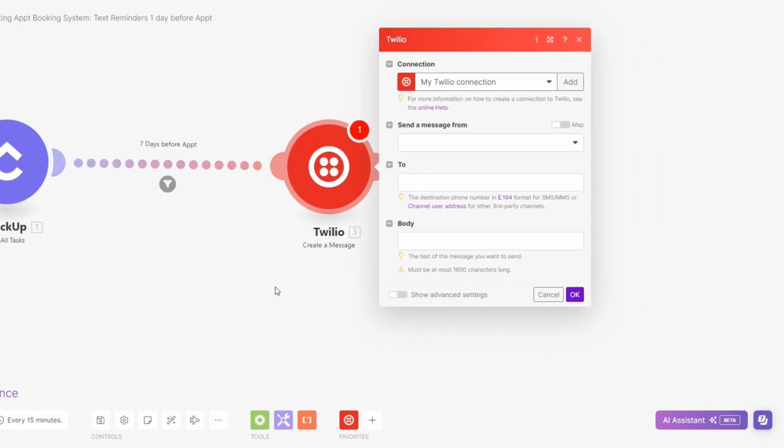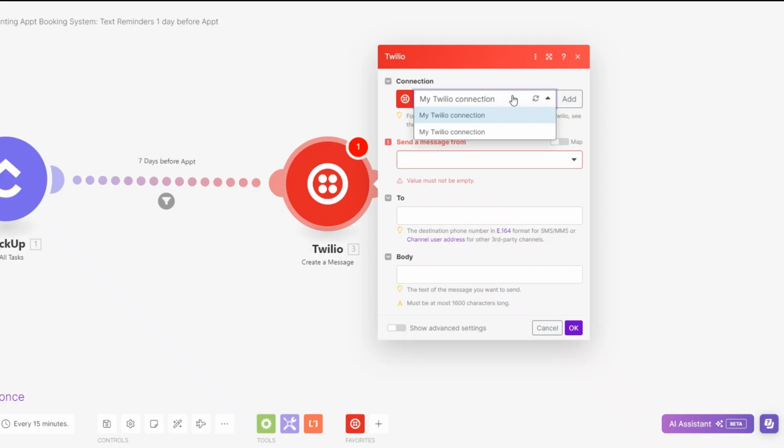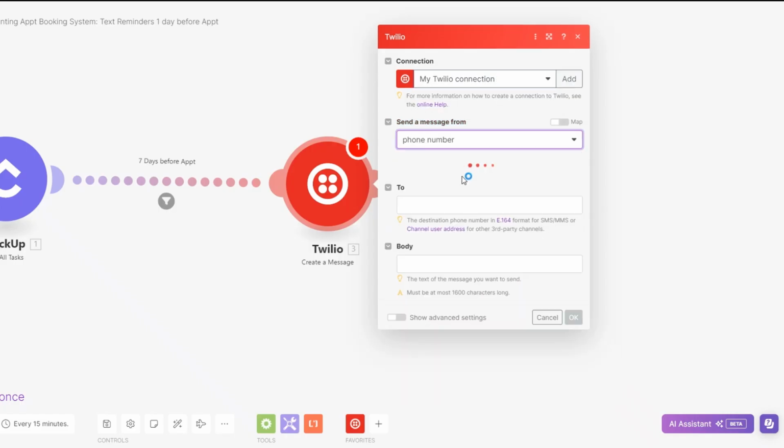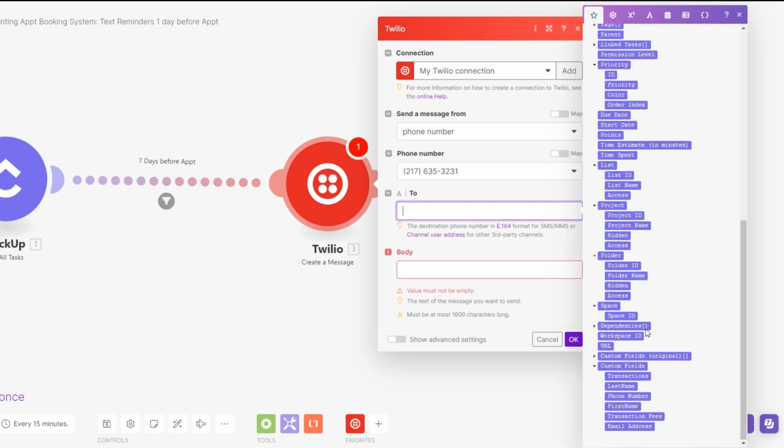Because we're not sending an email, we're going to delete this module and the condition is going to be transferred to Twilio. Now I created a Twilio account and they gave me an account SID, auth token, and my Twilio phone number. I'll create a connection between my Twilio account and make.com. Send a message from my phone number. My phone number is going to be this phone number. And then to, I'm going to choose the phone number right here